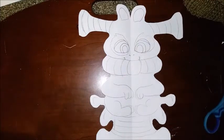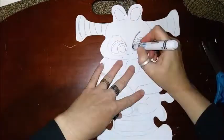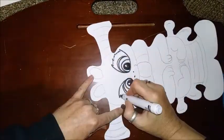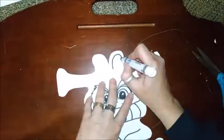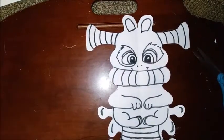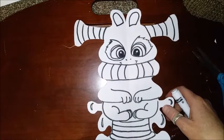make it how you want. And I'll just show you a quick little thing of what I mean by going in and coloring it. I'm going to use a black colored pencil here, if I can find one. No, maybe not. Just use a black marker. How about that? All right. Alright guys, so that is just a quick little thing you get to see. I'm going to color it off camera so you can kind of see what I came up with here